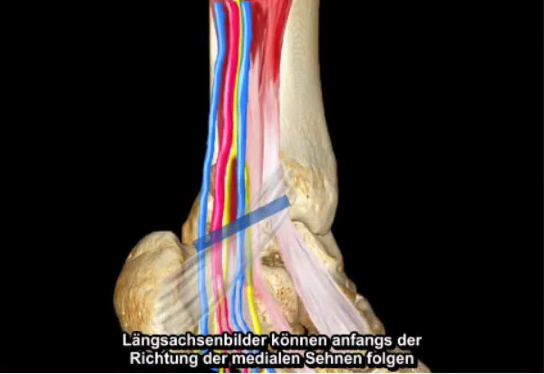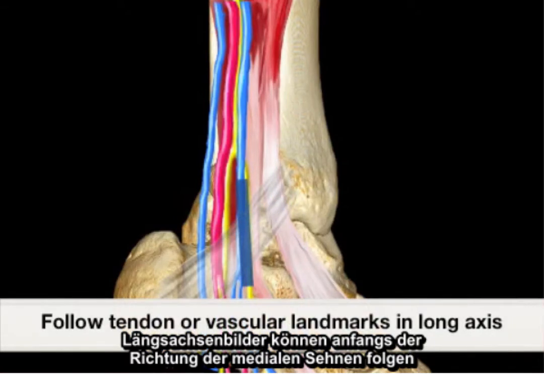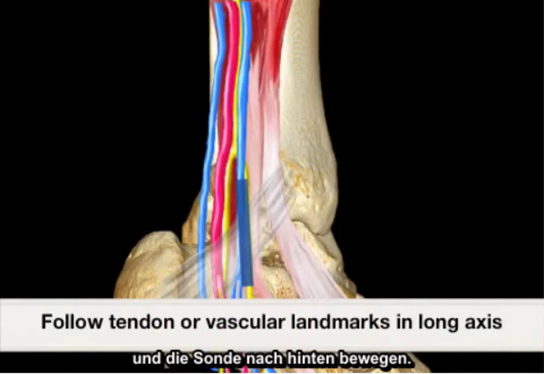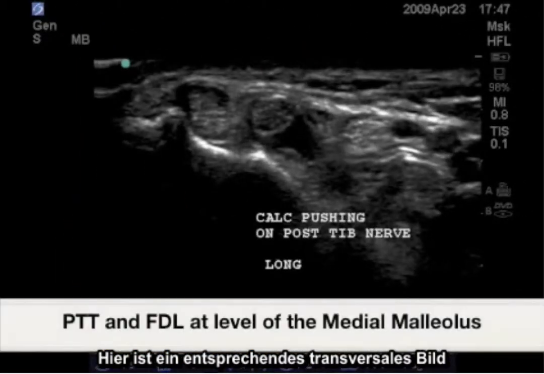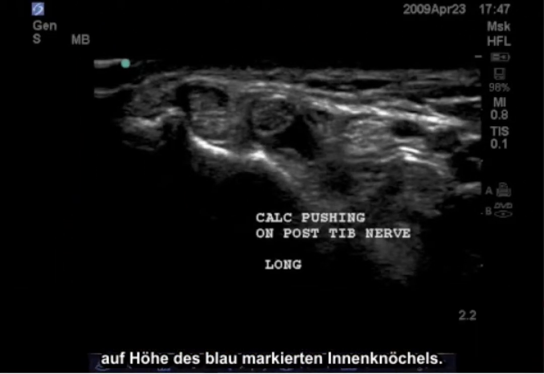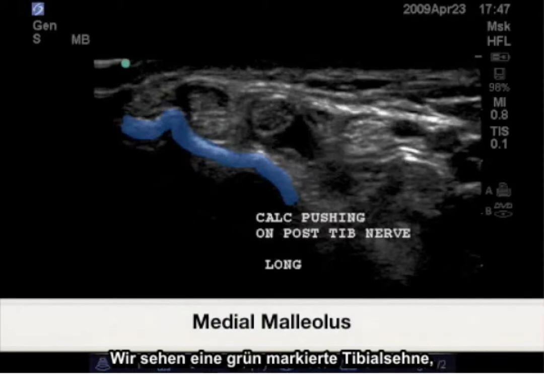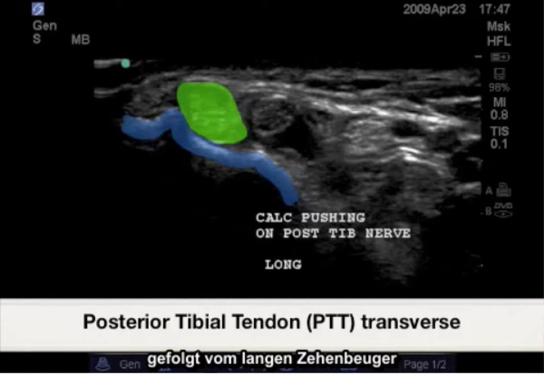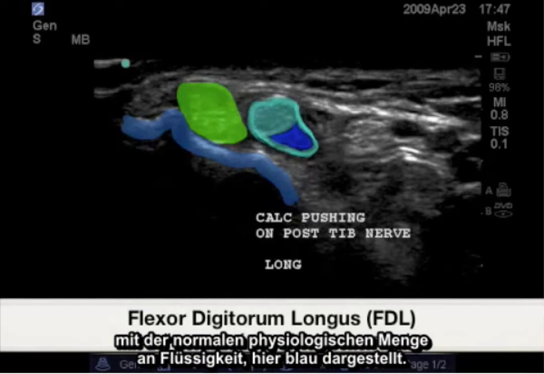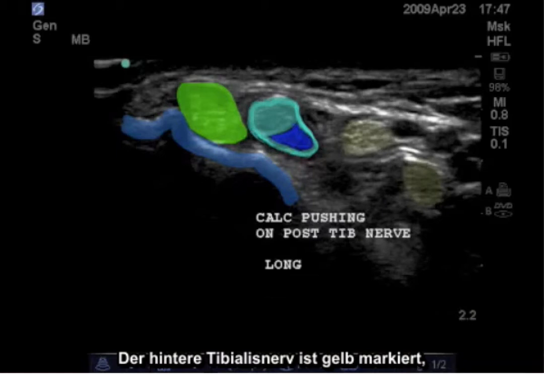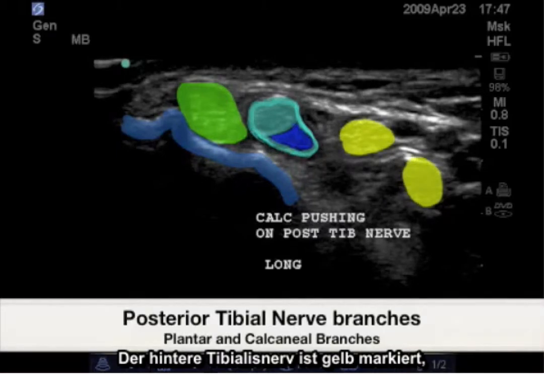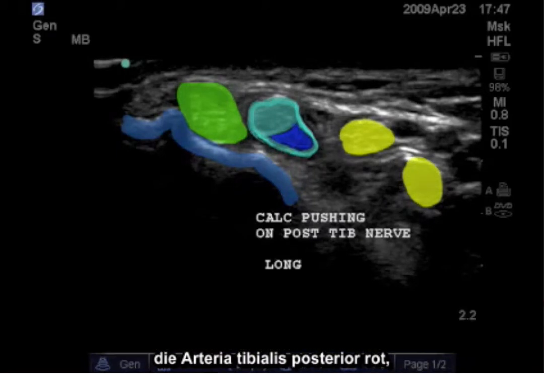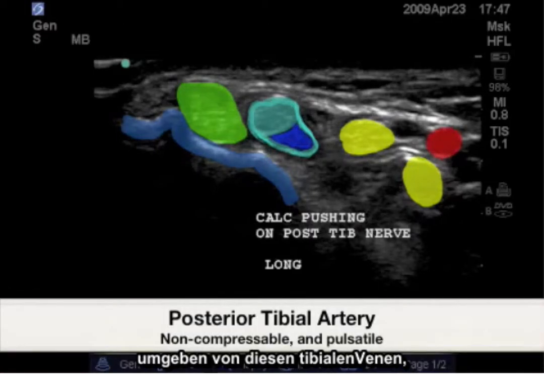Long axis images can begin by following the direction of the medial tendons and moving the probe posteriorly. Here's a corresponding transverse image at the level of the blue highlighted medial malleolus. We see a green posterior tibial tendon highlighted, followed by the flexor digitorum longus with a normal physiologic amount of fluid here in blue. Highlighted are the yellow posterior tibial nerve, the red posterior tibial artery, surrounded by these posterior